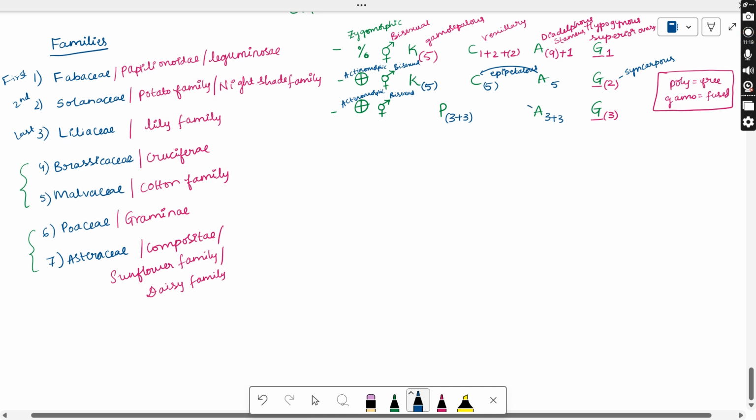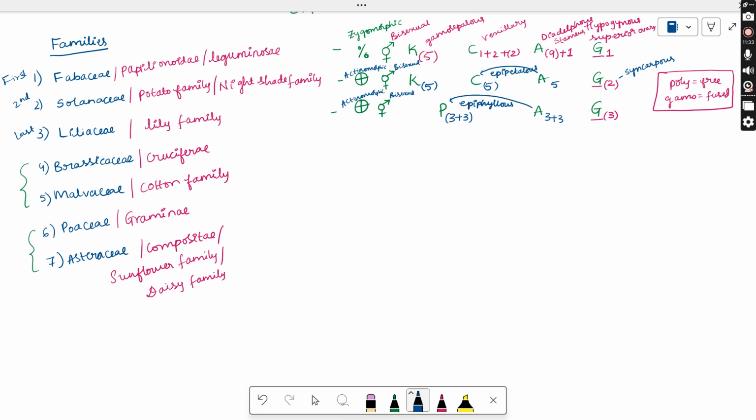And here also these stamens are actually attached to the perianth. This condition we call epiphyllous. If they are attached to the petals, that is epipetalous. If they are attached to the perianth, that is epiphyllous. So if you observe here, Liliaceae, the last, third family, 3+3, 3+3, 3. Wherever all the threes are there, that is Liliaceae. Where epipetalous and 5, 5, 5 fused condition can be seen, that is Solanaceae. Here diadelphous, vexillary estivation, Papilionaceae. So all these are the floral formulas for the first three.